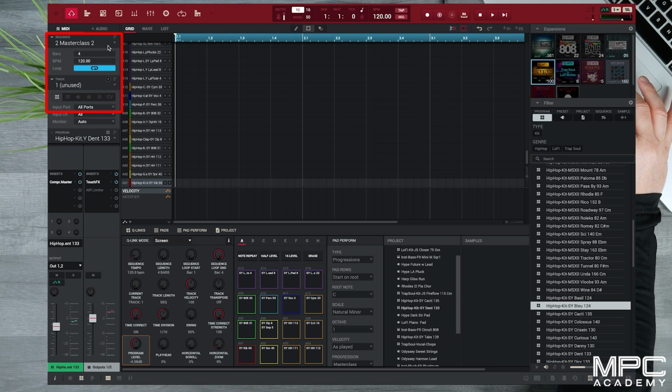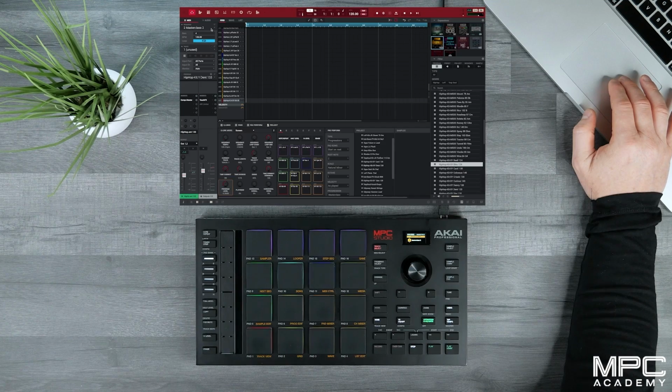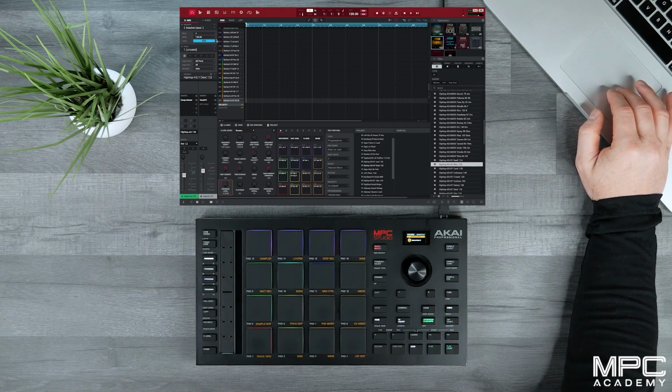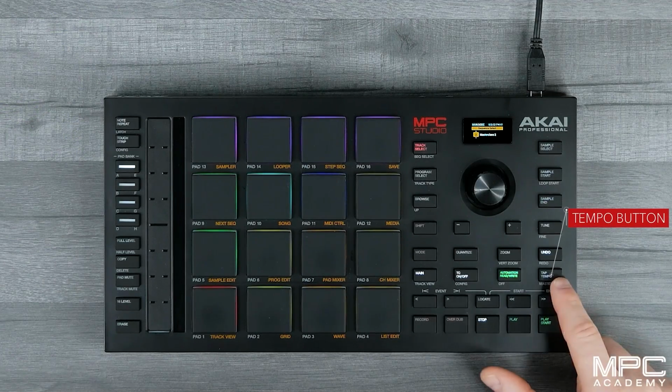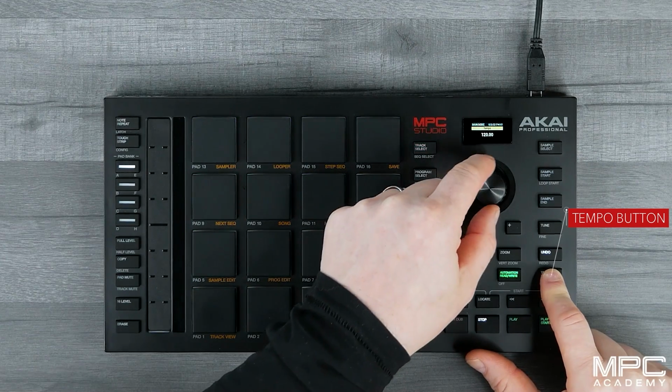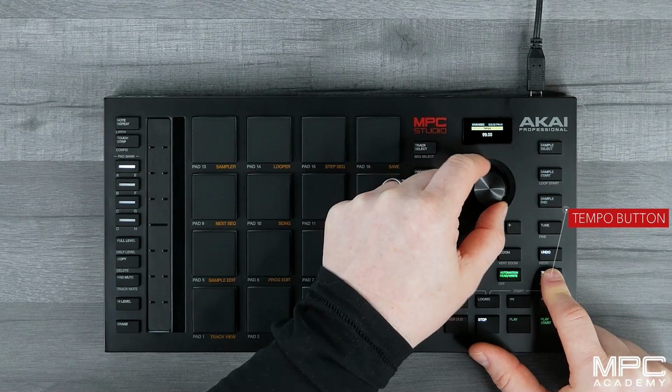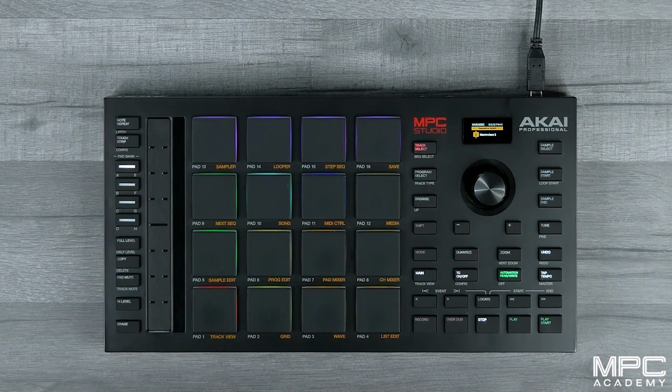And then below this we have our bars and tempo. Now, we're going to keep our bar length at 4 at the moment, but we're going to extend that later in the series, but we're going to change our tempo. So to do this, hold down the tempo button and then use the data wheel to change your tempo. So we're going to take this down to 96 BPM,